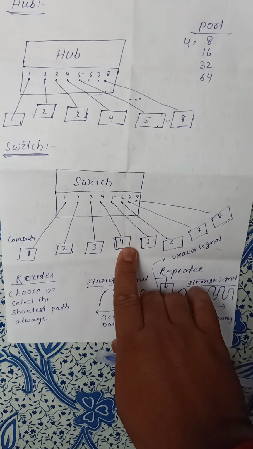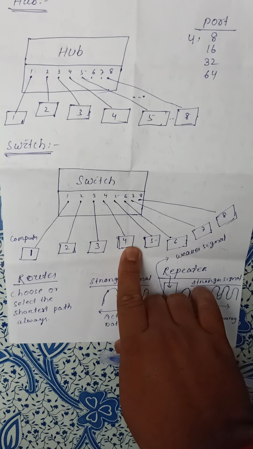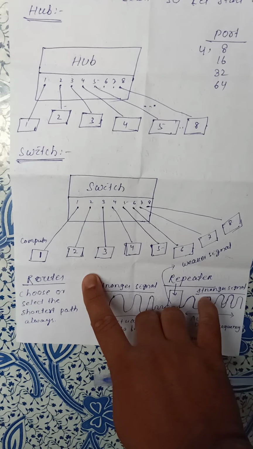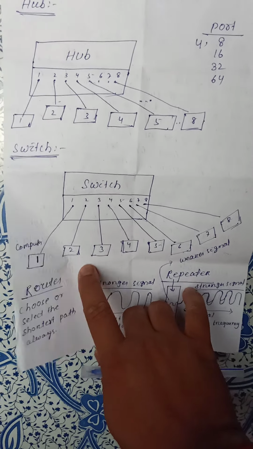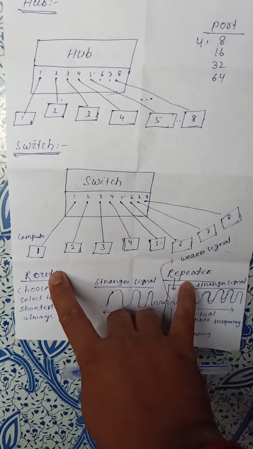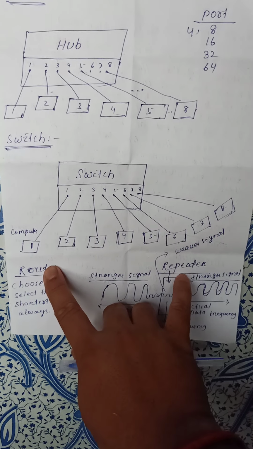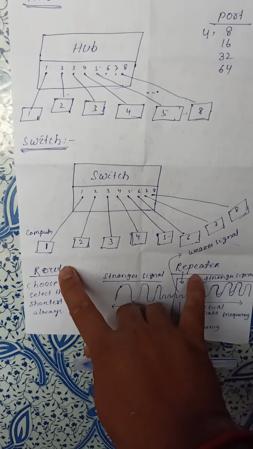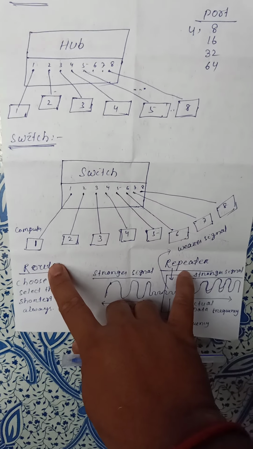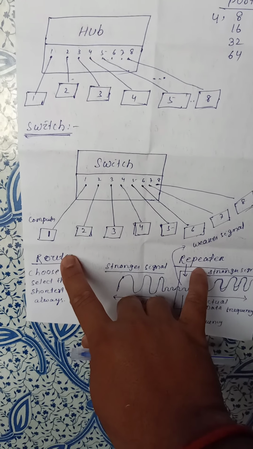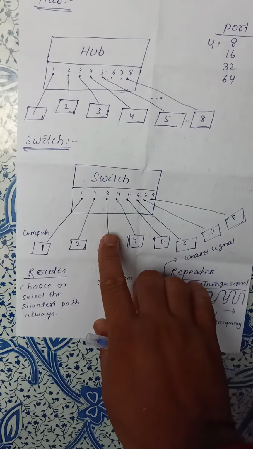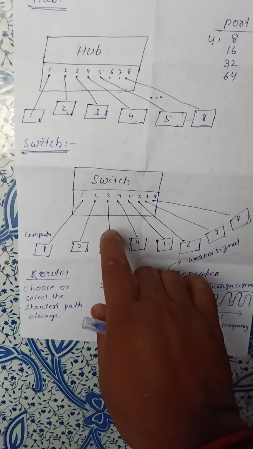That means the switch allows many-to-many connections. Why? Because the switch already has IP address information for each individual port or connection, there is no need to create multiple copies as a hub does. For this reason, the switch is called a more intelligent device than the hub. The hub creates multiple copies, but the switch does not.